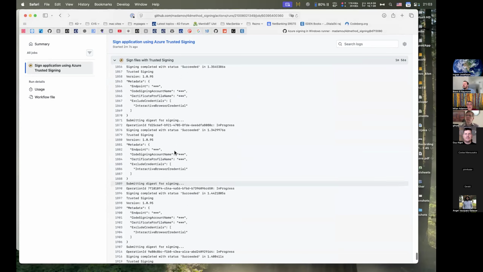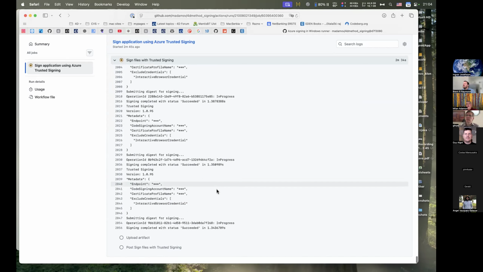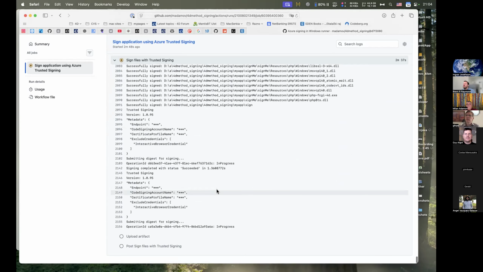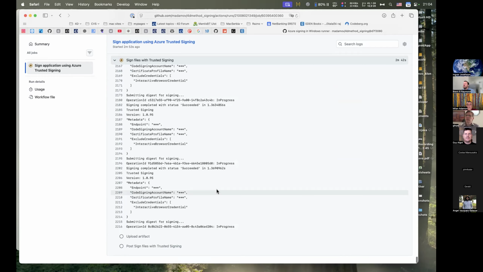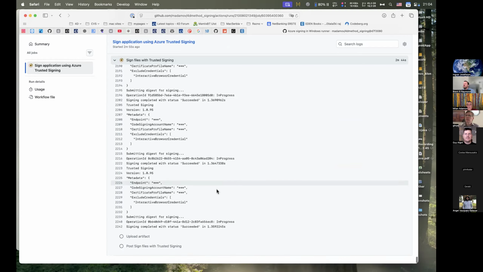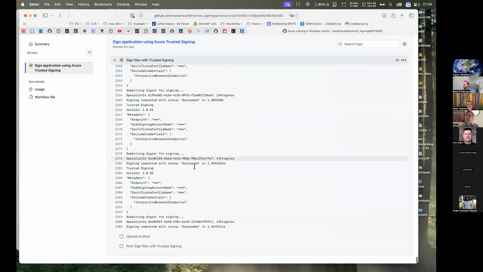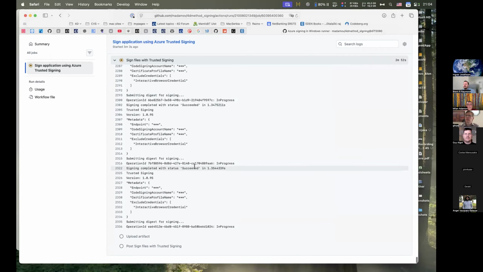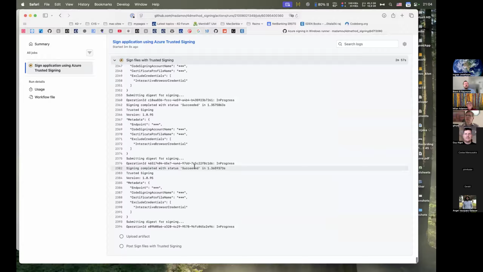So it's signing actually. You see it's going file by file, actually calling signtool in a loop. And as I said, I made a script that does this in Windows also, but so many files, you see.